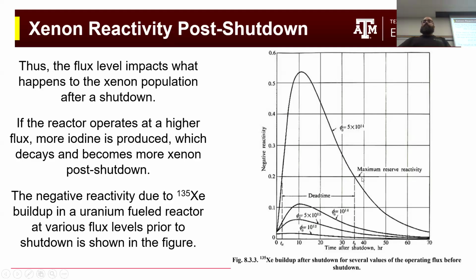This maximum reserve reactivity is basically saying how much reactivity I could add to my system if I just removed all of my control rods. And the amount of negative reactivity from the xenon can overpower that maximum reserve reactivity, such that it would be really dangerous if I tried to operate the reactor during this period where the negative reactivity of the xenon was so high,